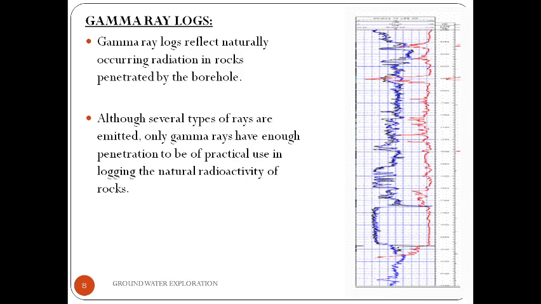The gamma rays from a source in the probe are scattered and diffused through the formation. Part of the scattered gamma rays re-enter the hole and are measured by an appropriate detector. The higher the bulk density of the formation, the smaller the number of gamma rays that reach the detector. The count rate plotted on a gamma log is an exponential function of bulk density. By knowing the bulk density, the porosity of the formation can be determined.